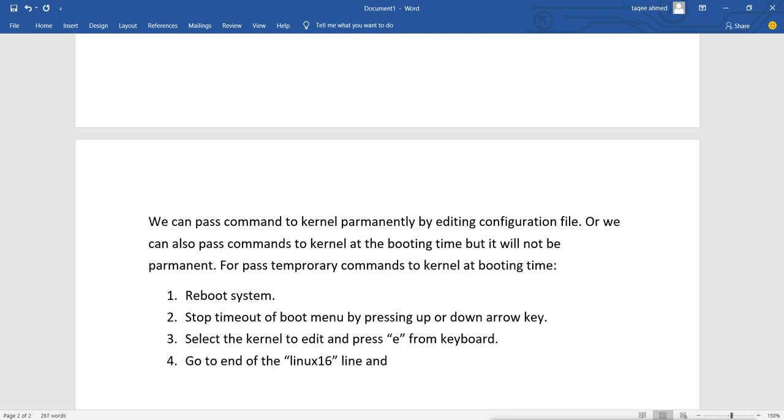and add the commands which you want. Now from here we can add lots of commands, we can add lots of things, we can add lots of options there. So there are lots of options to do.